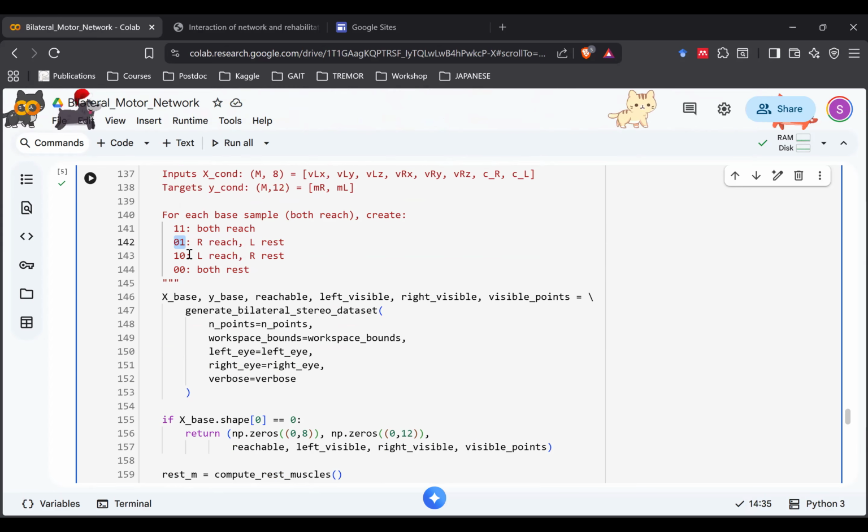But if it is 0 1, then only the right arm will reach while the left arm will be at rest, and vice versa for the 1 0 condition. However, if it is in the 0 0 condition, then neither of the arms will move and they will be completely at rest. This is because, if you remember the types of therapies that I was talking about,